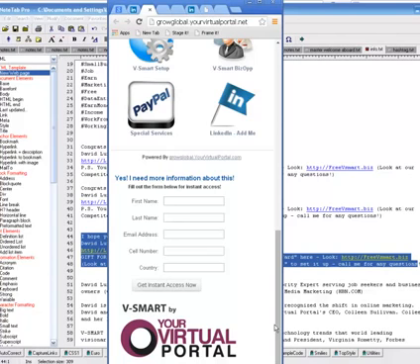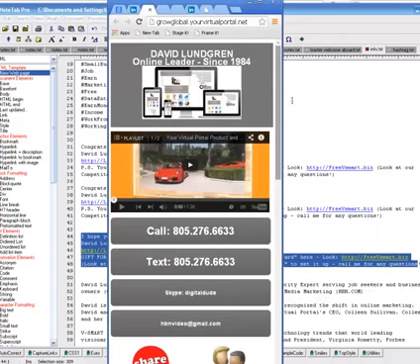So guess what? If you filled this out, and you can test me, go ahead and fill this out, and within 5 seconds, you're going to get a call back. Hi, this is David Lundgren. I saw you just went to our LinkedIn page. You filled out our little opt-in form. Do you remember doing that 5 seconds ago? And I'm going to answer any questions you have, as well as help you set up your free digital card, a rough draft within 3 minutes, and then we're going to have a fine-tuning session for a total of about 10 minutes to set up the icons and everything.